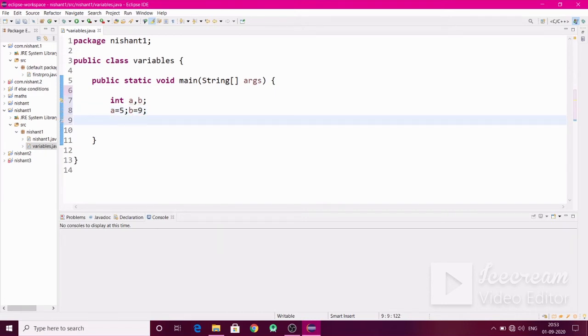So the values of a and b, which are 5 and 9 respectively, are stored in the integer variables a and b.